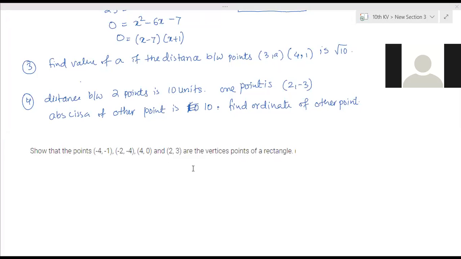If it is a rectangle, that means 2 pairs of opposite sides are equal and diagonals are equal. In case of a parallelogram and rhombus, diagonals are not equal. In case of a rectangle and square, diagonals are equal. The similarity between parallelogram and rectangle is that opposite sides are equal, and the difference is the diagonals. So you have to show it is a rectangle, not a parallelogram, by showing the diagonals equal. So here, consider these points as A, B, C, D. Then find AB, BC, CD, AD distances, as well as AC and BD.